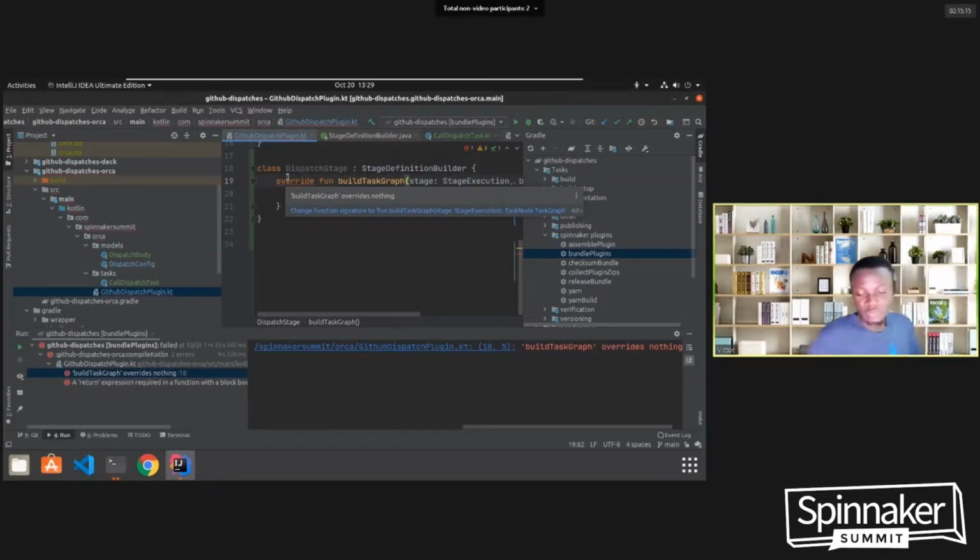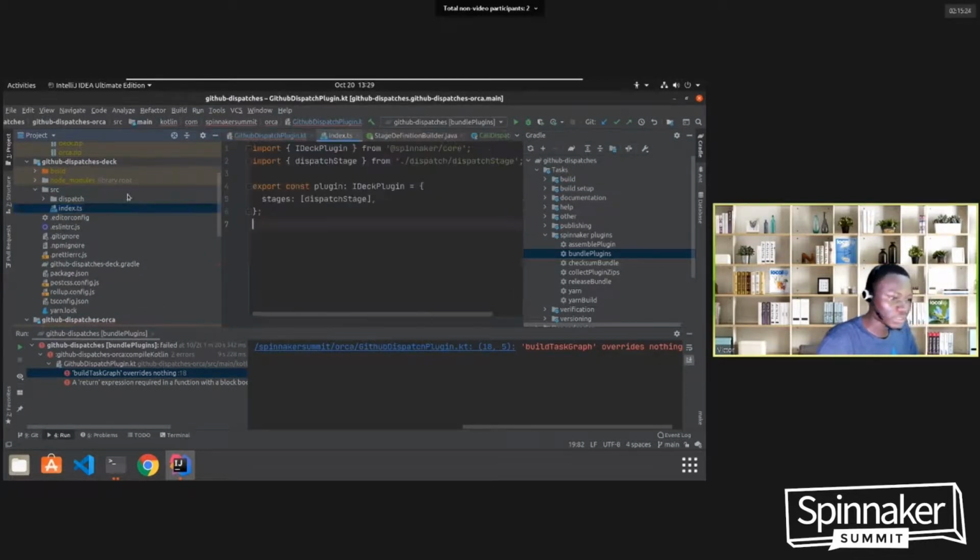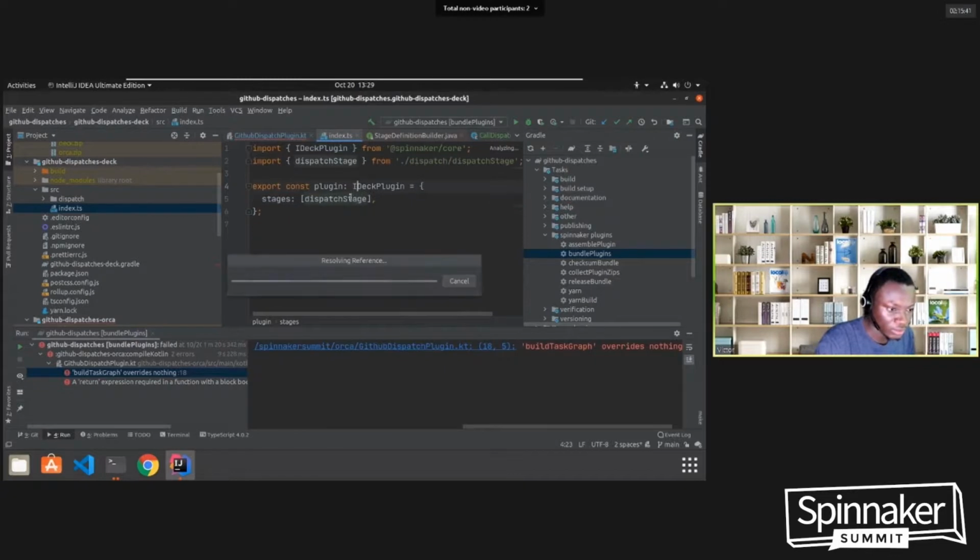So I'm going to try to explain the deck setup, the deck parts, before we come out to fix this. In the deck UI, you are going to have some code around loading the plugin itself, and the components that will be responsible for configuring the stage configuration and also displaying some outputs of the stage. So this is the dispatch stage. In dispatch stage, we have some information that's